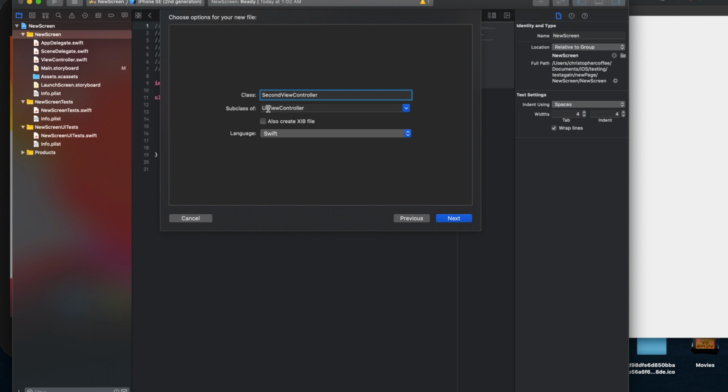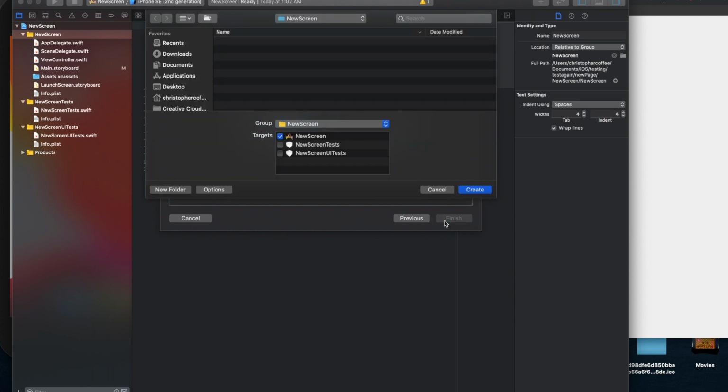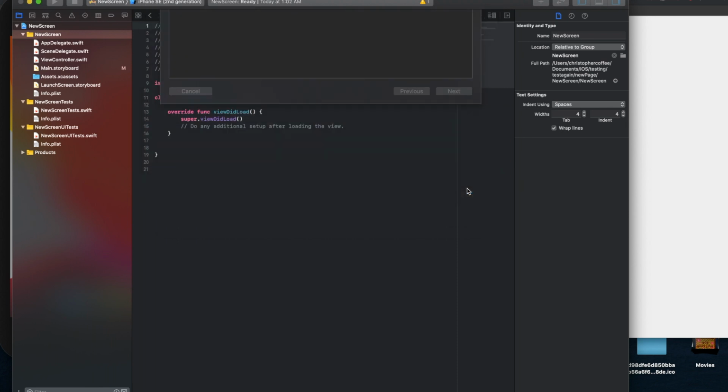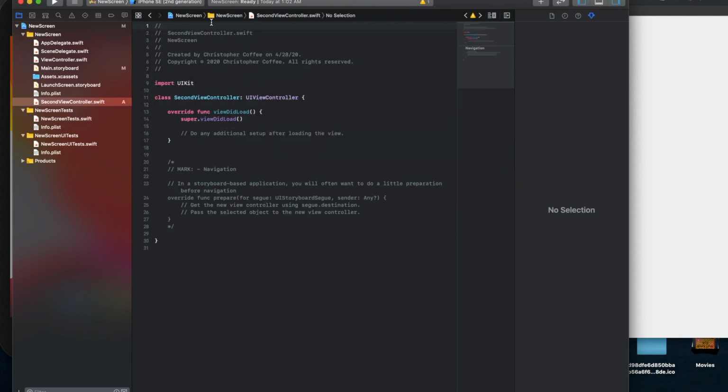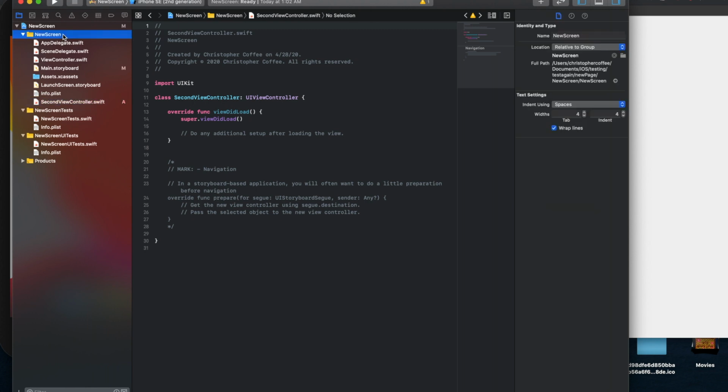Make sure it's a subclass of UIViewController, and we're using Swift, of course. And just click create. So you have your second view controller. You almost don't need this, since we could have reused the first view controller. But anyways,